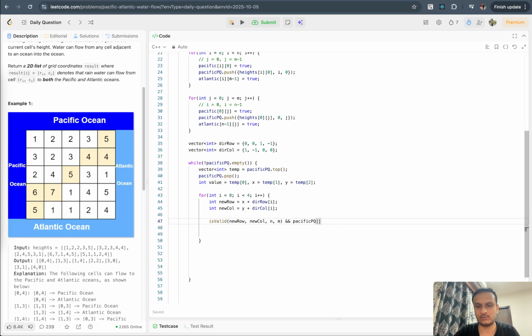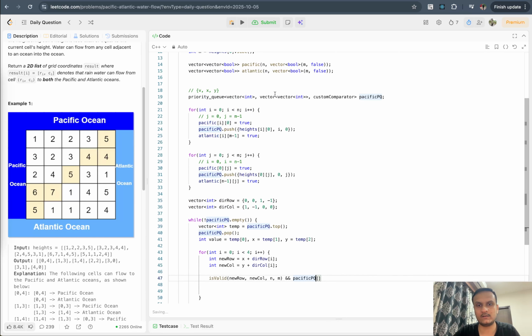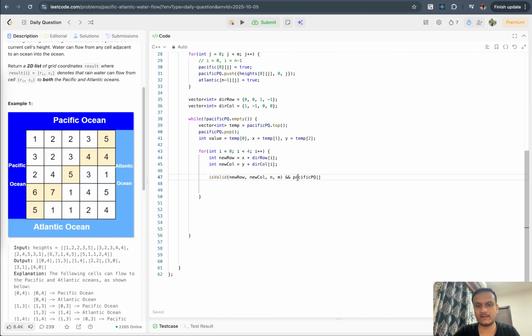So if specific queue, maybe we have a specific matrix. In the matrix we can check if the new row and new column are already visited, then we don't have to process. So if it is not visited, then only we will process. Okay,